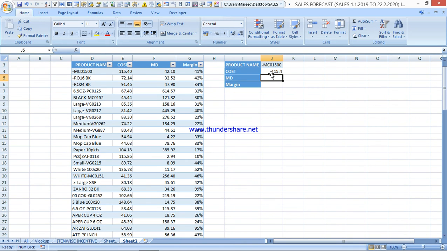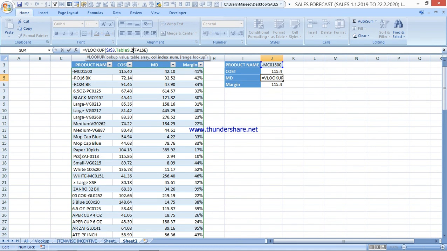Next I need monthly demand and margin. What you have to do is just copy this, select all the cells and press Ctrl D, which means fill down. Everything is the same here. Only the thing you have to change is the column index.